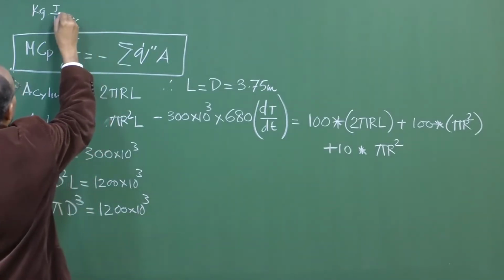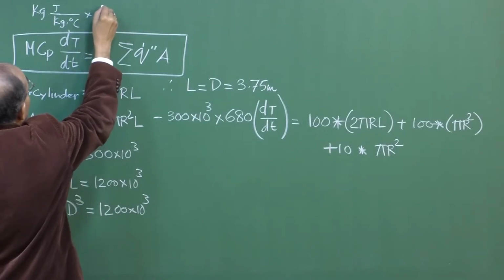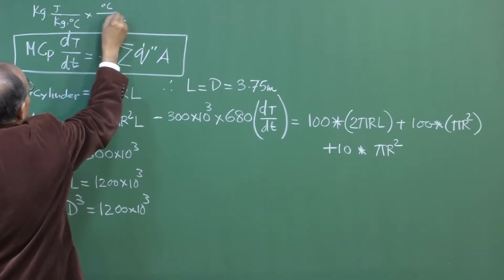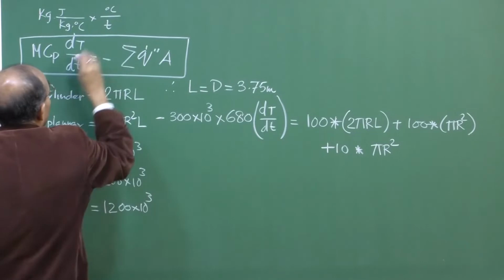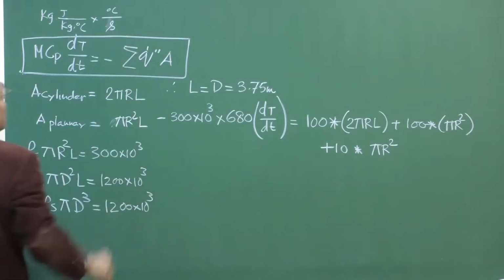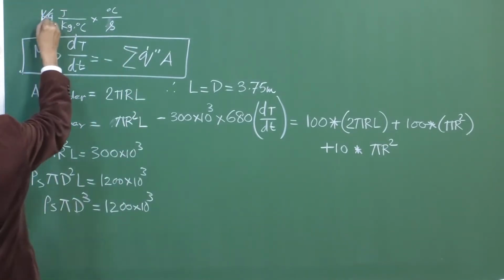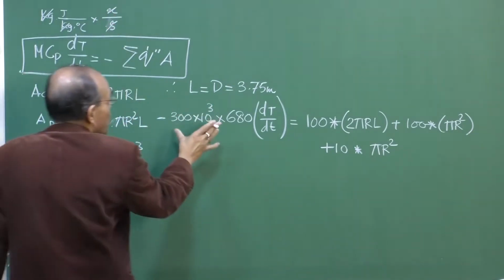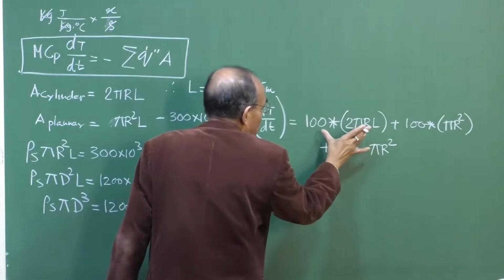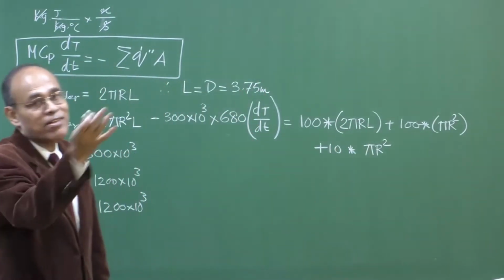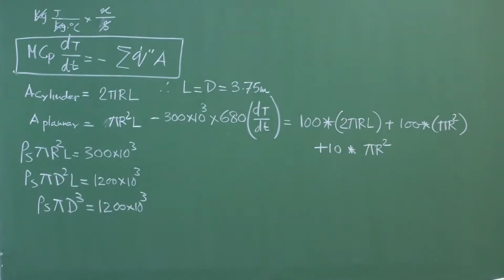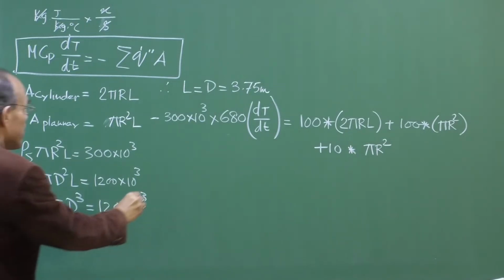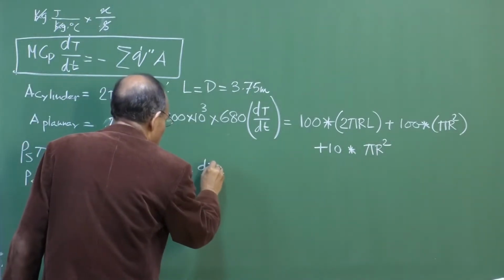Okay. And then we have degree centigrade by time, which is second. So, therefore, we have joules per second. So, this side is equal to what, and here also it is heat flux multiplied by area. So, that is dimensionally consistent. So, we can now solve this equation, and then we find out that minus the right hand side will come out to be,